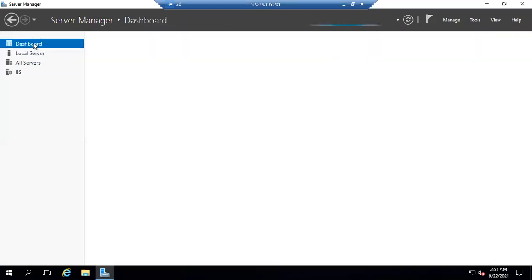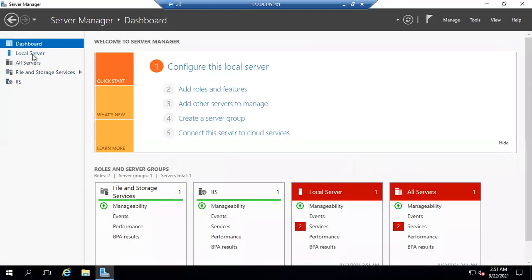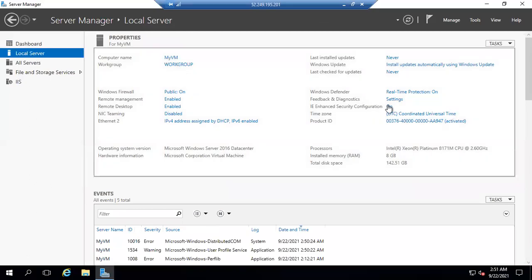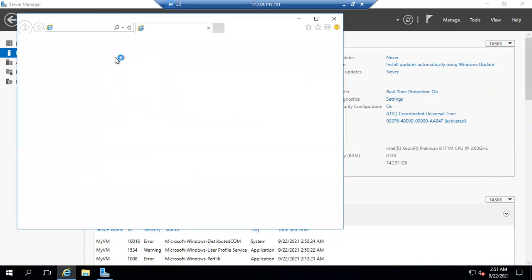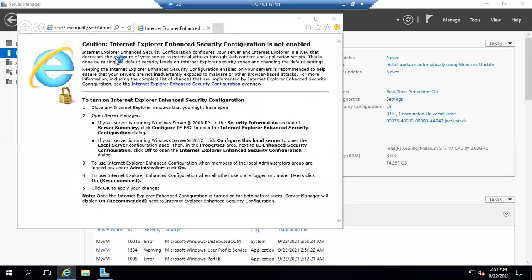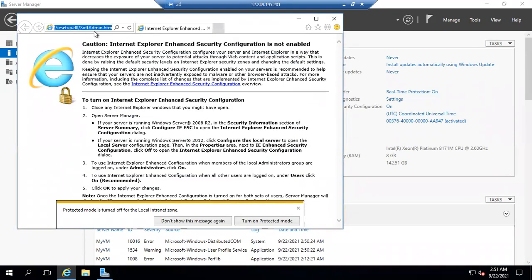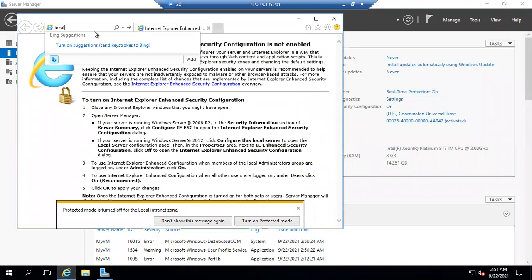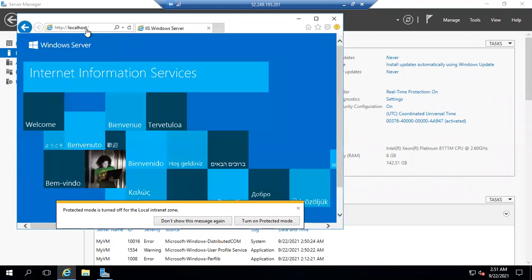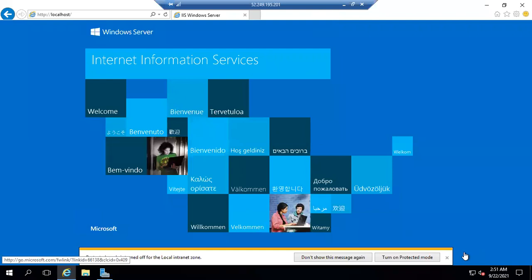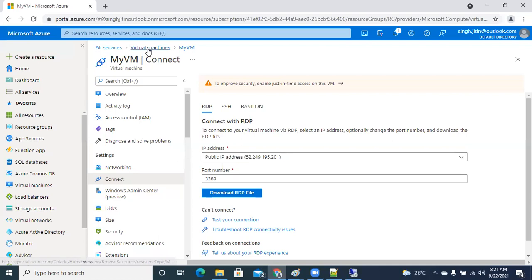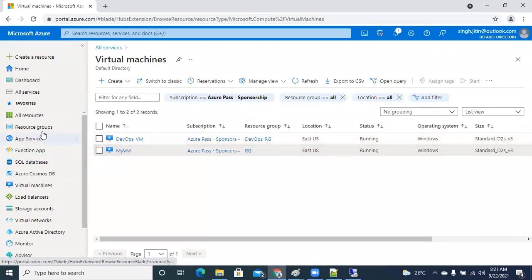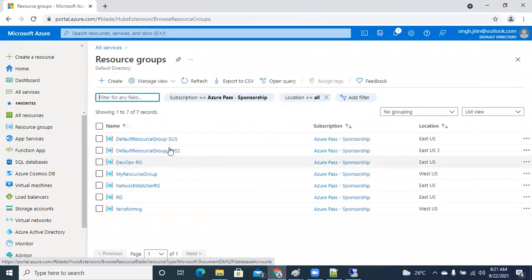So it will take few seconds, guys. You can see IIS is available. Now, if in case you'd like to test it again, you can just open your browser and just type localhost, and you will see the IIS is available or not. Changes has been made, guys. As we can see already, IIS is now reflecting over here. Now this is on one machine, guys. You can manage hundreds of machines like this in one go. So desired state configuration has also been completed over here.